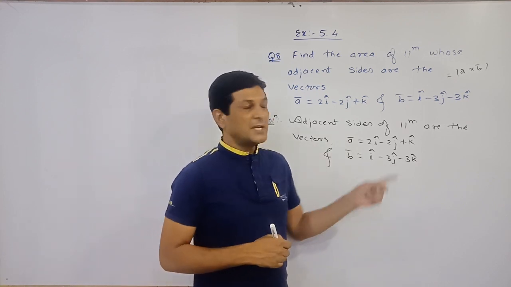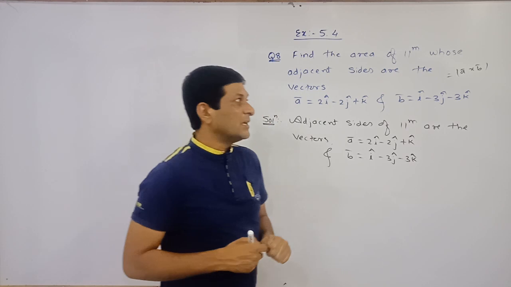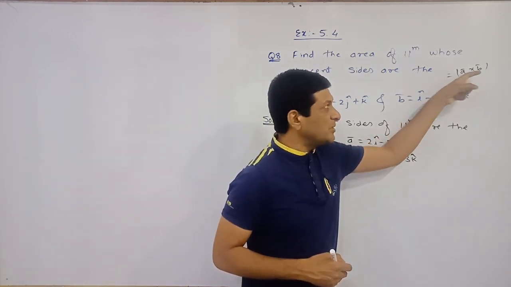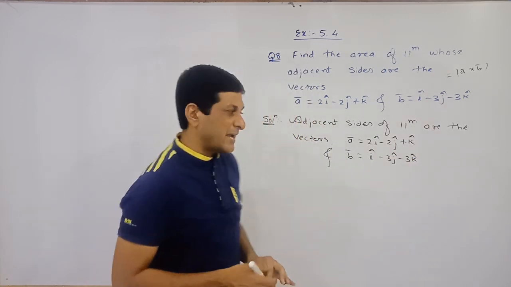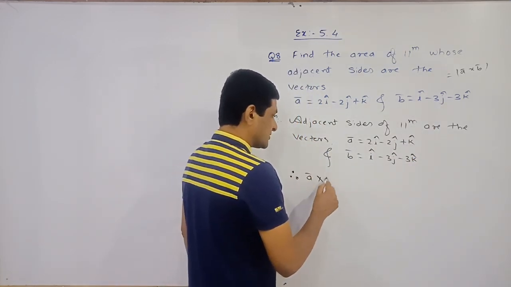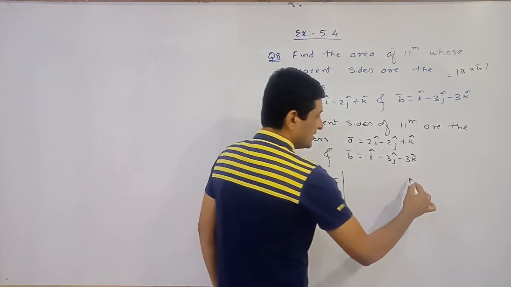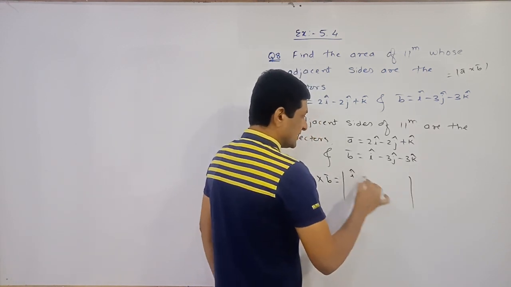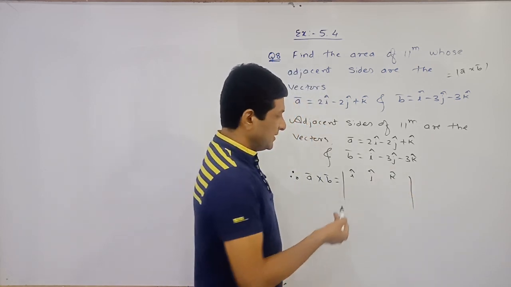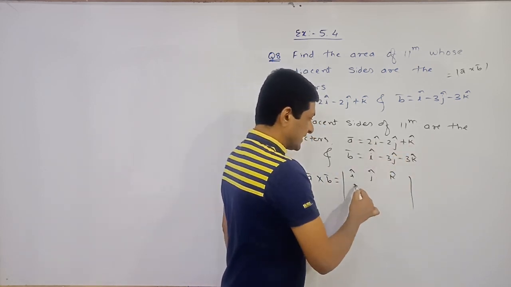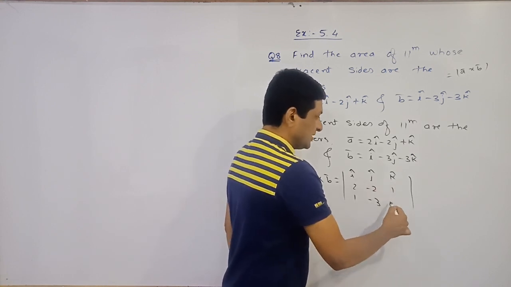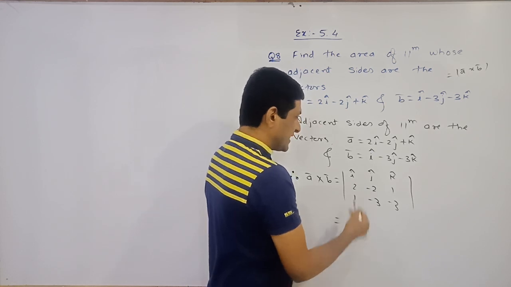So to find out the area, let us first find out the cross product of a bar and b bar, and later on we will find out its magnitude. So a bar cross b bar is equal to, as the vectors are in terms of i j k, in such cases the cross product can be found using what? Determinant. In the first row write down the basic vectors, in the second row write down these components 1, minus 3, minus 3. So let us simplify this determinant.